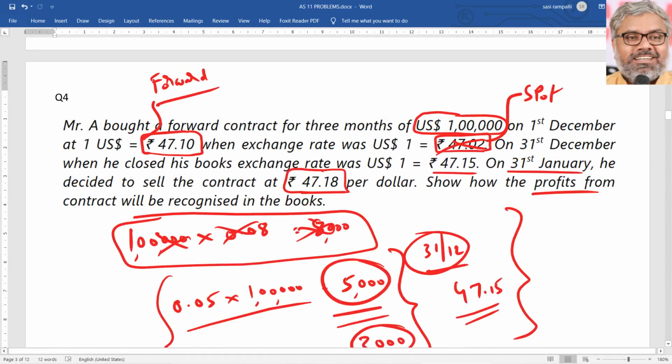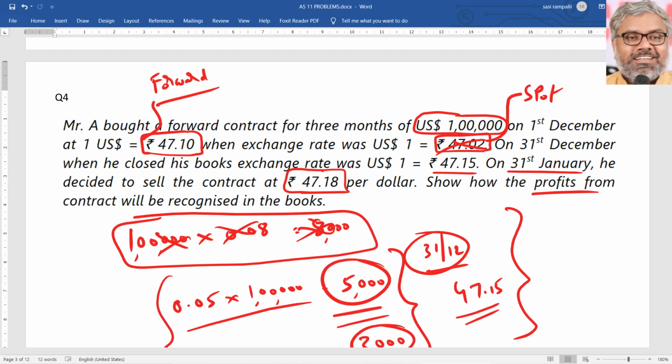there is no investment that is coming in actually when the contract was bought by Mr. A. Contract bought does not mean he paid money already to buy that $1 lakh. If that is the case, he would have bought spot only, no? Why should he buy a forward contract? He didn't want $1 lakh, he wanted to make money out of changes in the exchange rates